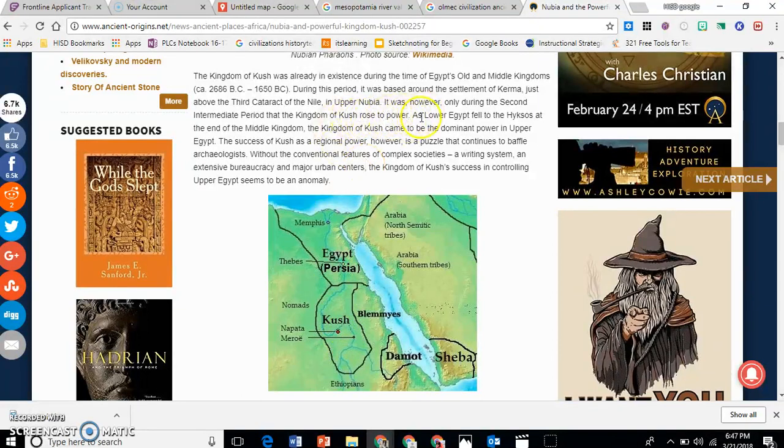And if you keep reading, it says, it was, however, only during the second intermediate period that the kingdom of Kush rose to power. As Lower Egypt fell to the Hyksos at the end of the Middle Kingdom, the kingdom of Kush came to be the dominant power in Upper Egypt. The success of Kush as a regional power, however, is a puzzle that continues to baffle archaeologists. So if we go back to your map,